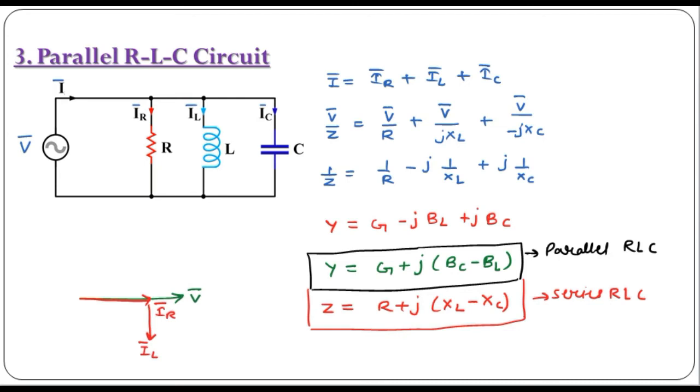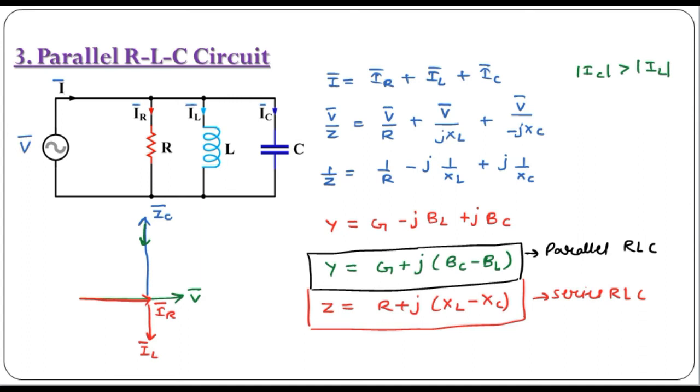And next, what is IC? In case of capacitor, the current will be leading the voltage by 90 degrees. So this is IC phasor because it is leading. Okay, so this is IC phasor. So if we consider the mod of IC is greater than mod IL, then while drawing the phasor, I have considered that the capacitive current is greater than the inductive current. Okay, so it means the magnitude of IC is more than IL current. So we have to find out IC minus IL. So here we subtract IL from IC, then it will be this, that is we have subtracted IL phasor.